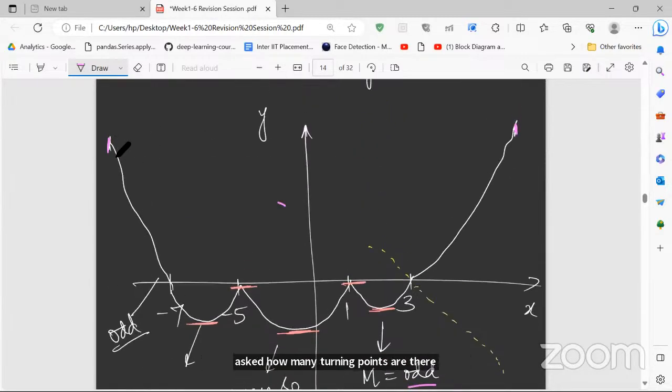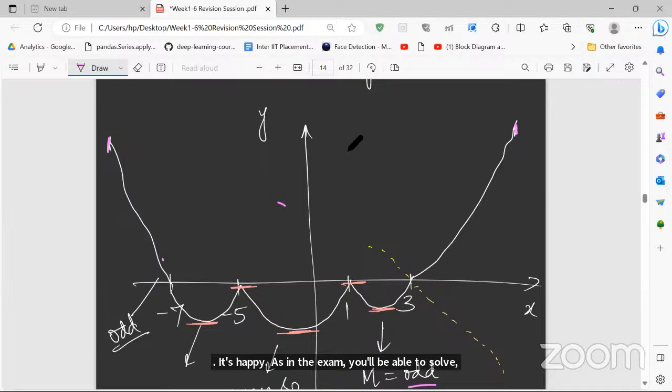If it starts from here, going from here to here, how many turns are you taking? I'm starting from here, so there's 1 turn that I'm taking. Again going this way, again I'm shifting, so the second turn is this. Again I'm going in this direction but turning back. Again I'm going this side and turning back. So this is the 4th turn, this is the 5th turn. So you have 5 turns. If you are asked in the exam, you'll be able to solve it, right?